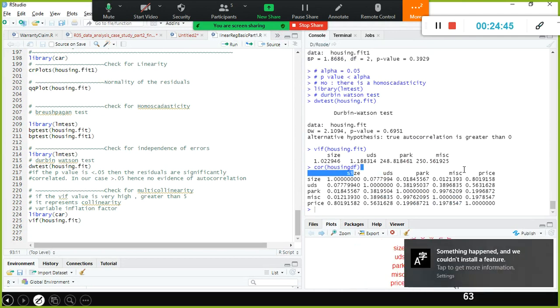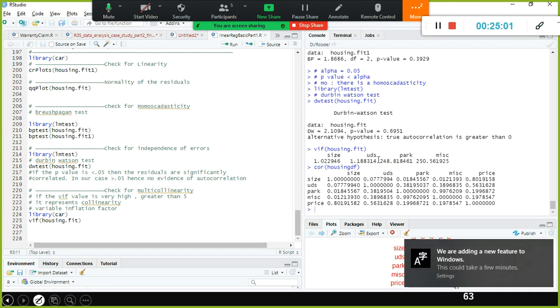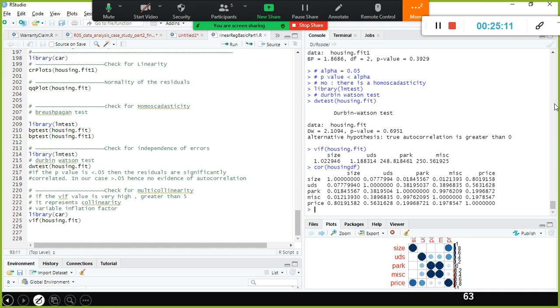See, if you have 100 features, it is difficult to find out, right, by looking at the chart and design, which features are correlated between them. So if it gives you some values, any value which is more than 10, that means those features are correlated. In this case, which two variables have more than 10 here? Park and MISC, right? These two variables' values are more than 10. This is the rule.